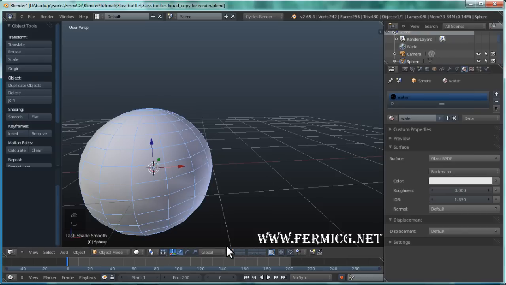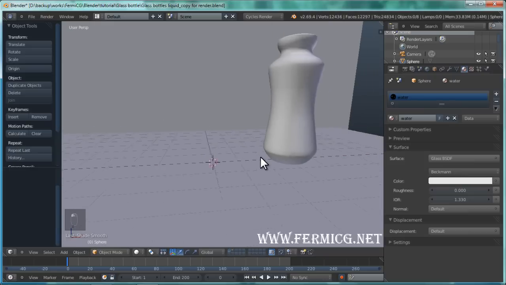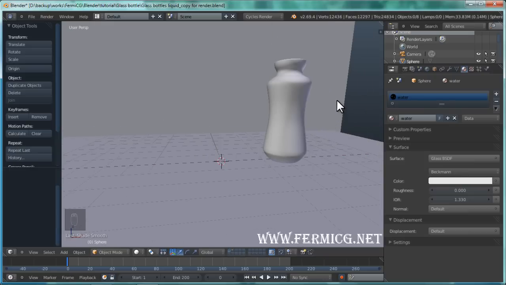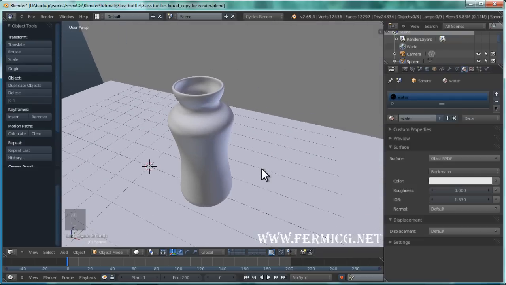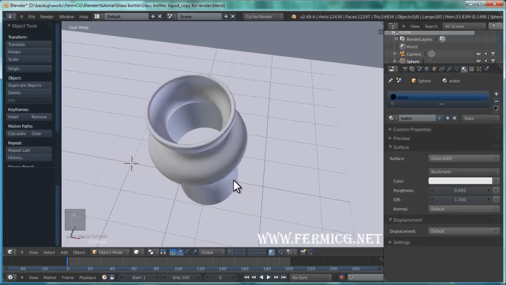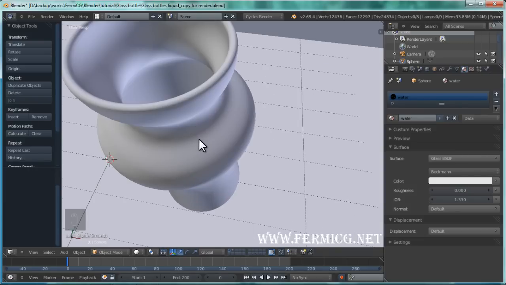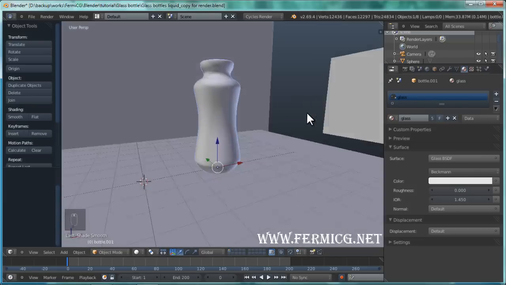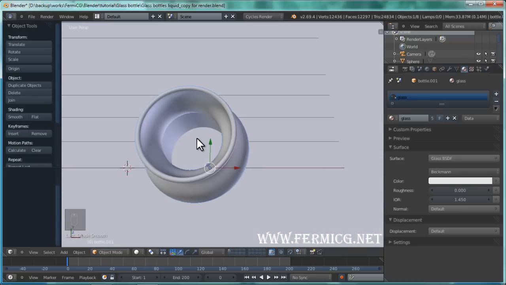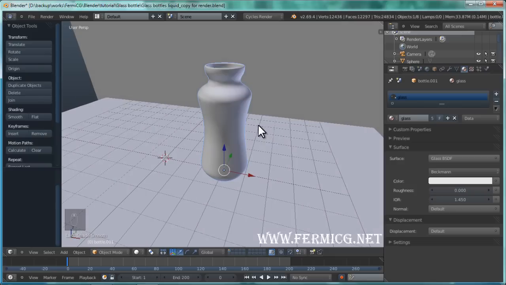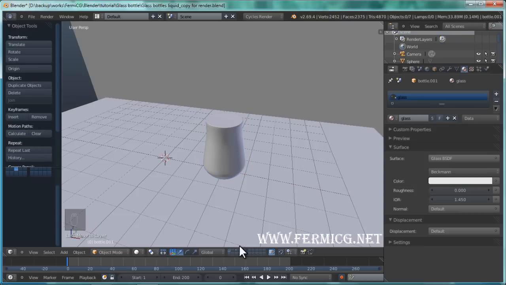I just apply it, and going back to the first scene layer. Here is our glass bottle plus the water inside. So select the glass bottle. I'm just going to move it to another layer, press M and move it to the third layer, so we have